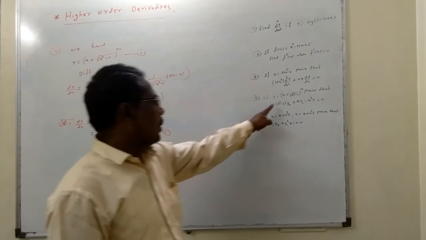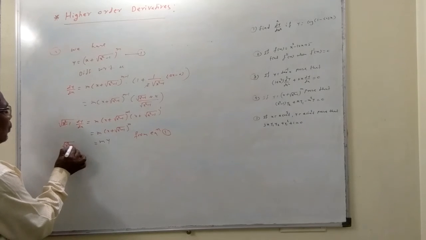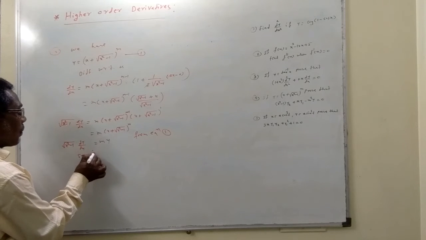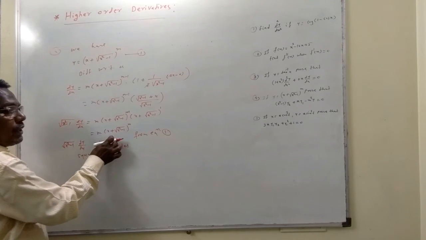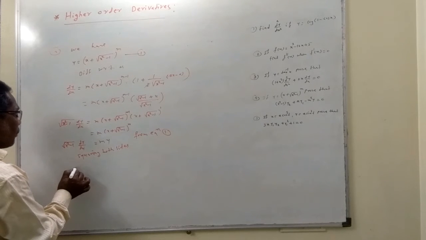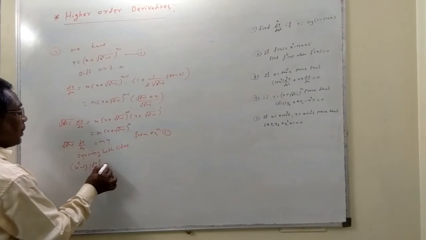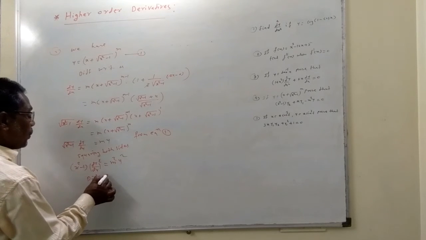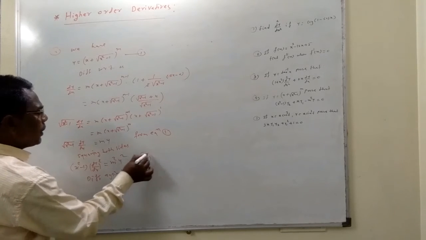Now here in the result, x square minus 1, here root, so you do the squaring if possible. So here we can do the squaring, so we get the result very easily. So squaring both sides. If your function is a root, then you apply the squaring. So x square minus 1 into dy by dx square is equal to m square y square. Now differentiate again with respect to x. This is second equation, suppose.